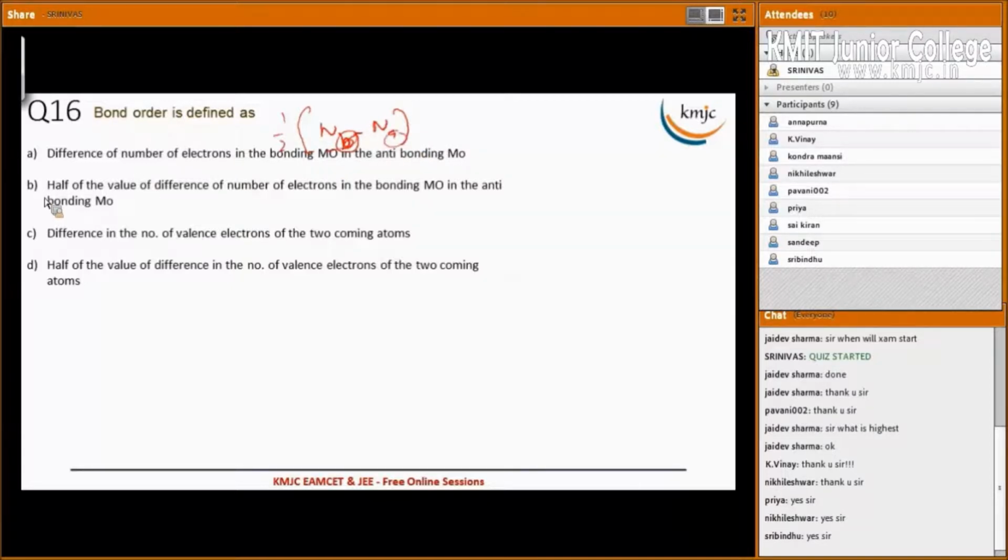So the option comes to be half of the difference of the number of electrons in bonding molecular orbitals and in anti-bonding molecular orbitals. Okay, so the answer is B. Next,